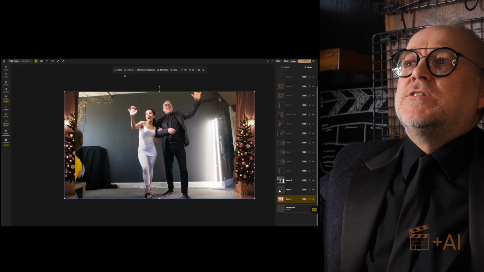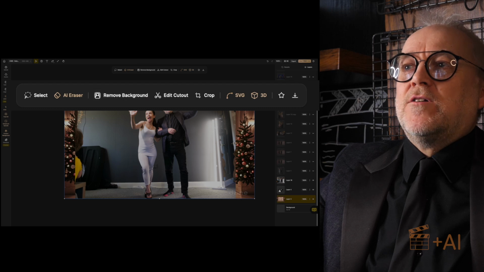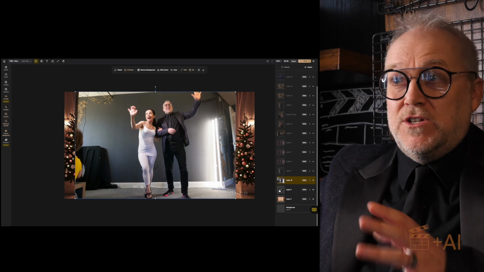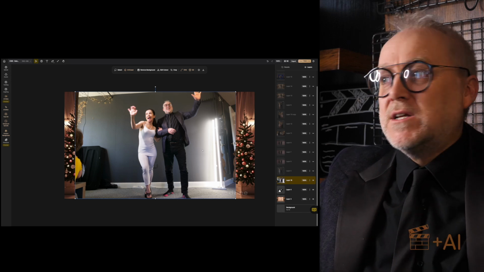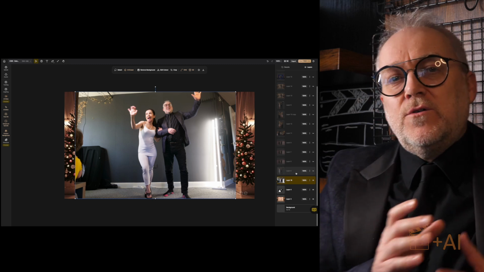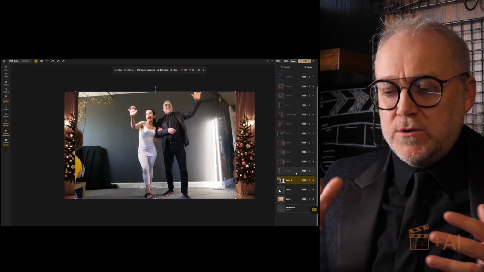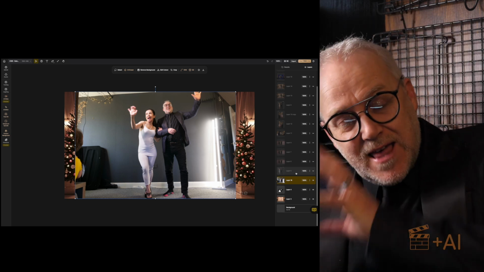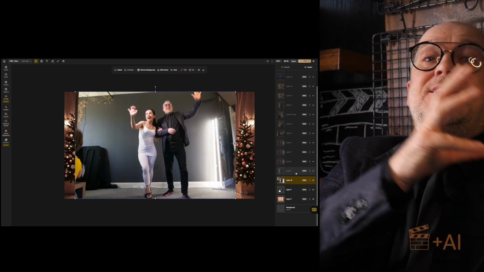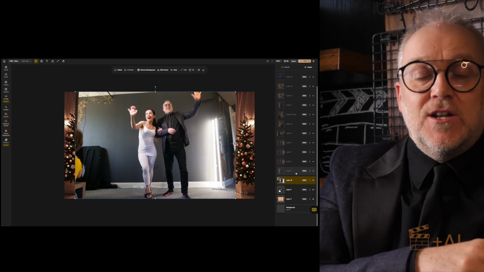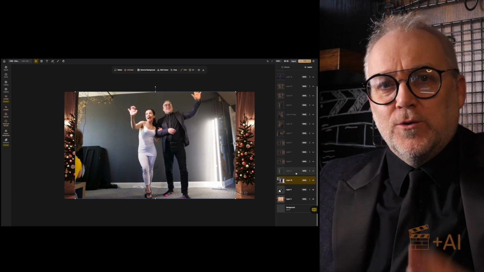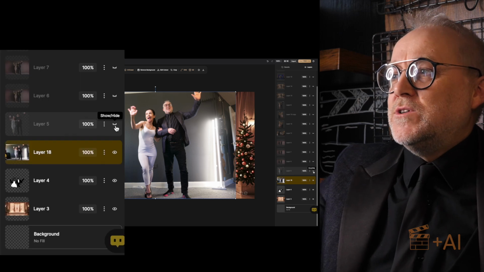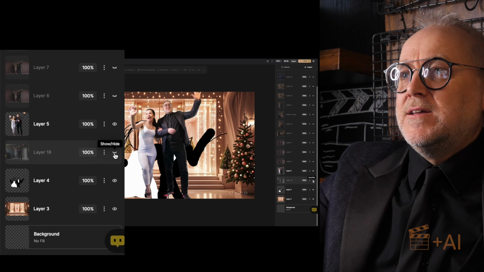The next thing that I was able to do was go up here, and you've got the remove background option that works really, really well. Just a single click on the background, and more times than not, it will cleanly remove just what you want it to remove. And by the way, you don't need to worry too much about precision here, because what we're doing is building a rough image that has all the elements in the right places for us then to use as a reference image to create another image, which we then turn into video. So this is like a placeholder, and we're pulling together elements and building up this image as much as we can. So the next thing that I did over here was remove the background, and if I take that away,